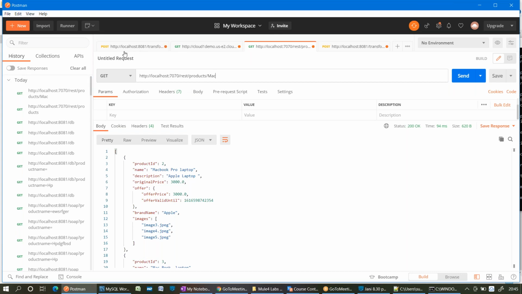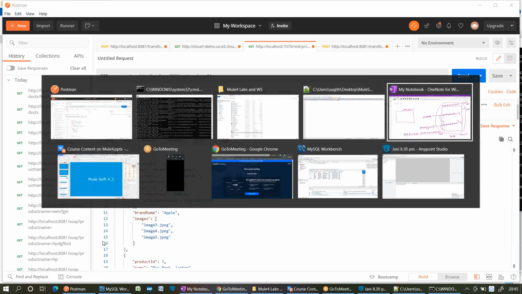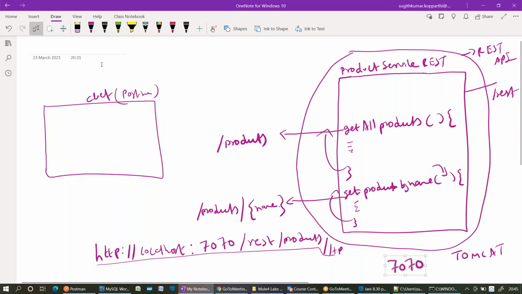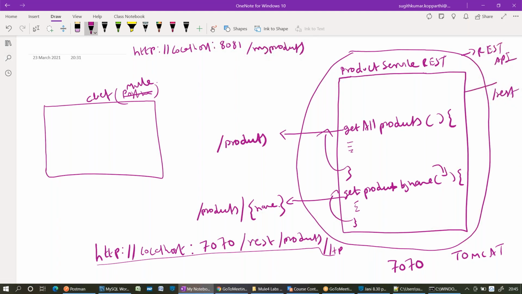The same thing I want to do by using my Mule application, but the requirement is like this. Assume this is a Mule application now, right? So HTTP, assume that it is also running on my local machine, localhost 8081 this time, /myproducts, right?